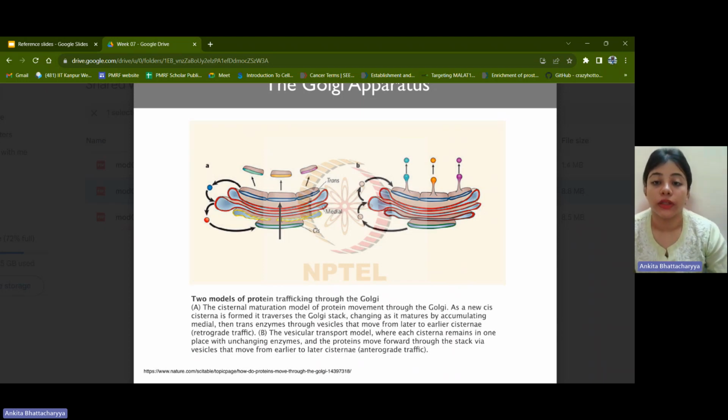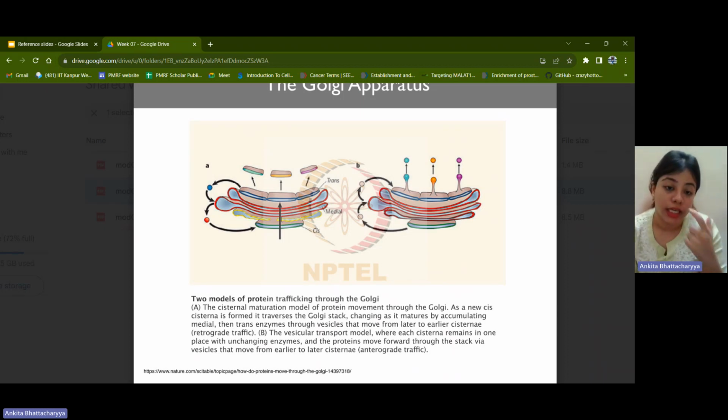Versus if you talk about the other maturation model, the vesicular transport model, both of these are being explored. The one I talked about was the vesicular transport model, that vesicles are moving from cis to medial to trans. They're getting pitched off from one, they're fusing to the next, they're getting pitched off from the next, and they're fusing to the third in that manner. And from there, they are getting pitched off and going to the plasma membrane or to wherever the destined site